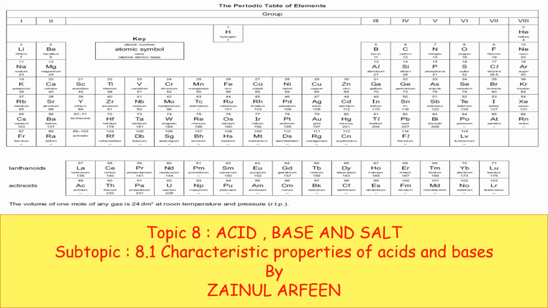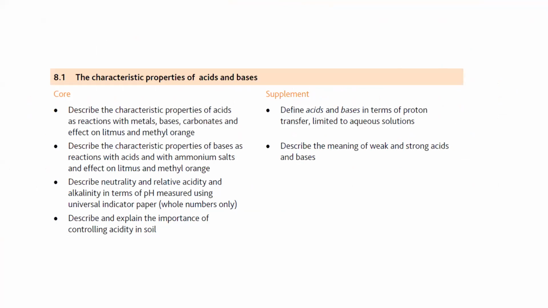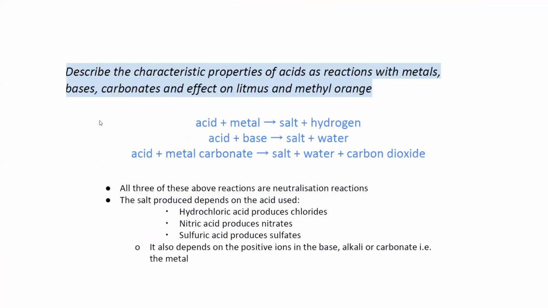So the general characteristic of the acids and bases, the last session we have discussed the definition of the acid. What is the definition of acid? Acids are proton donors, and there are different reactions of the acid or characteristic reactions of the acid. The first one we have completed in the last session when acid is reacting with metal. The second reaction for acid,